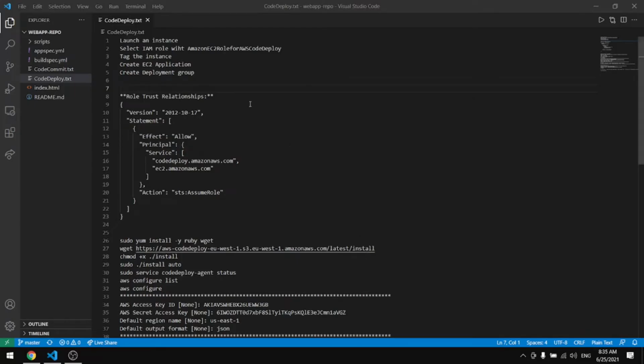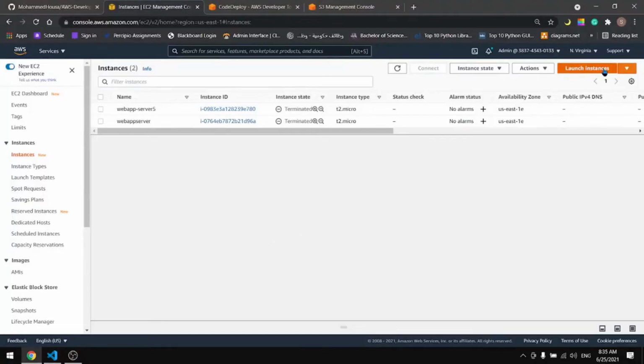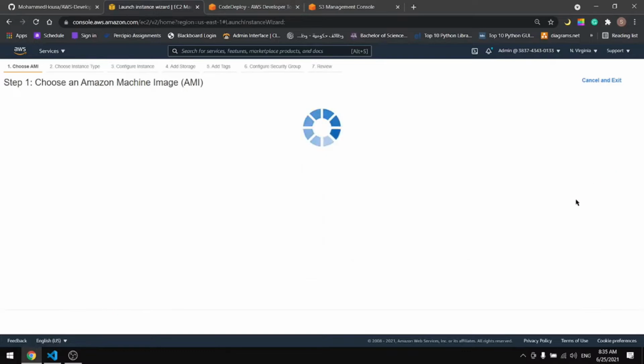In this tutorial, we'll cover AWS CodeDeploy. The first step will be to launch an instance and select a role with AWS CodeDeploy and tag the instance. Let's go to EC2, launch an instance, select Amazon Linux,